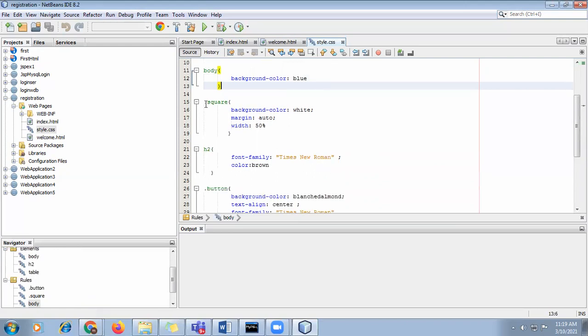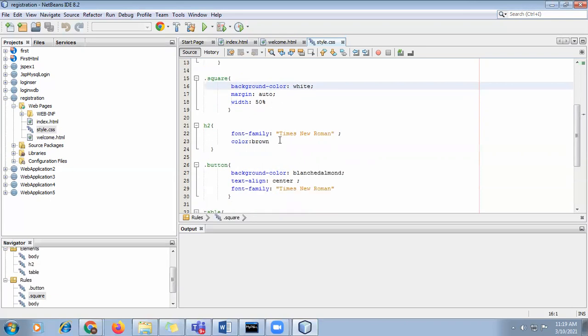Then this is a class selector as it is preceded by the dot. We have to set the class property of the element to which we want to apply this style. So in the square, we are setting the background as white, margin as auto and width as 50%.